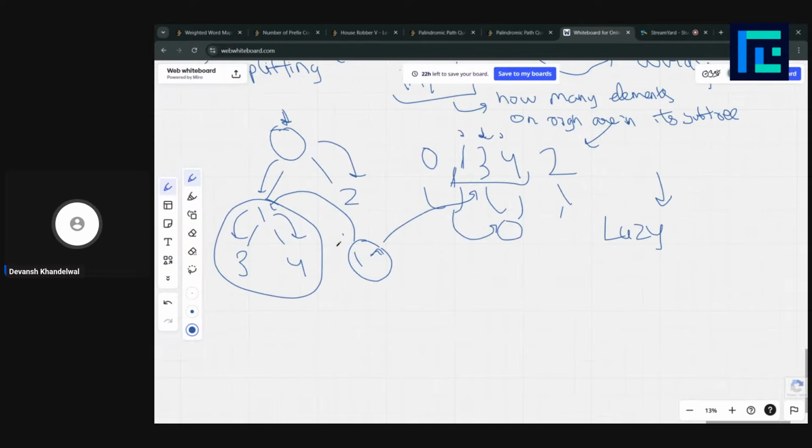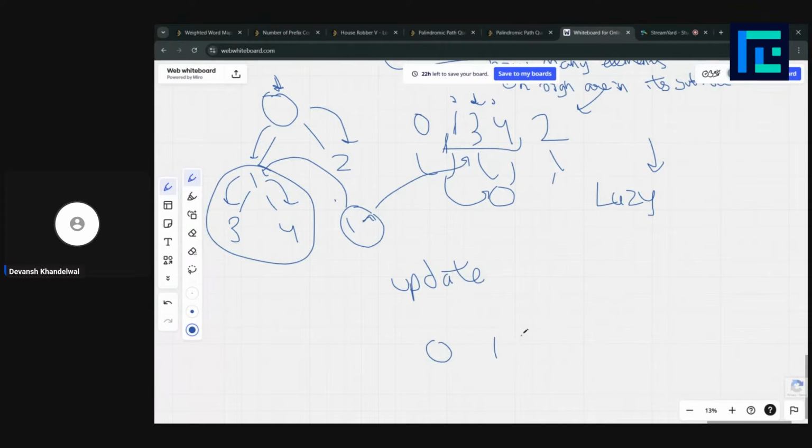Let's say we got an update query, an update XOR at 1. This is our flattened tree: 0 1 3 4 2. Let's say we got an update of 2. That means we need to update the second index with a different character. We would first convert this character to a set bit. Let's say it is something like this. That means the position 2 we would require to update to this number.